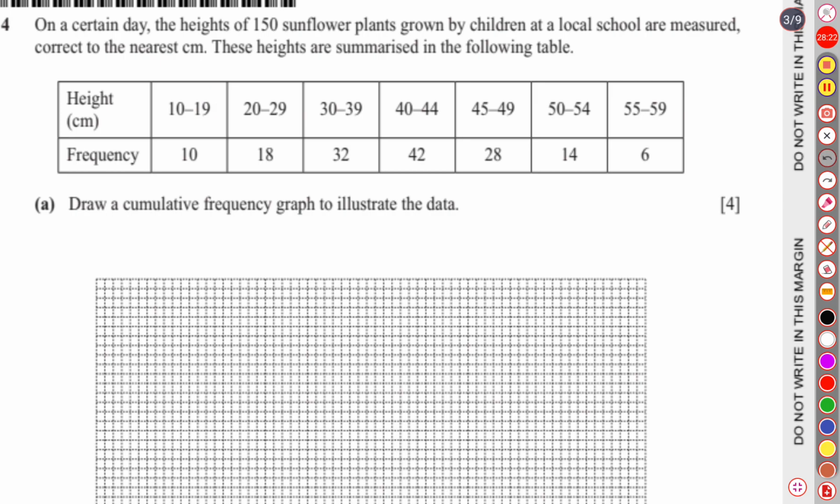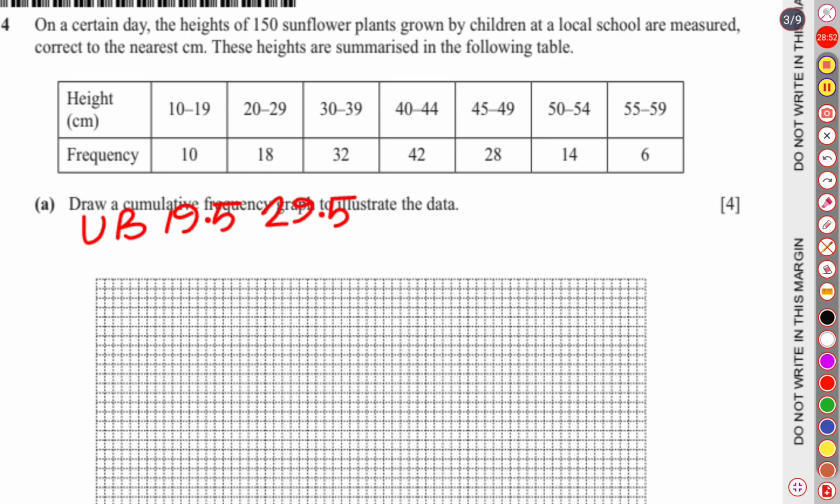So first the upper bound. If we do continuity correction, it is 19.5, then 29.5, then 39.5,